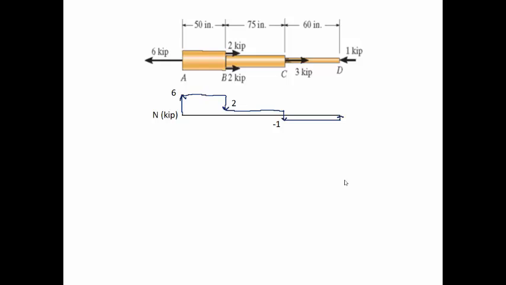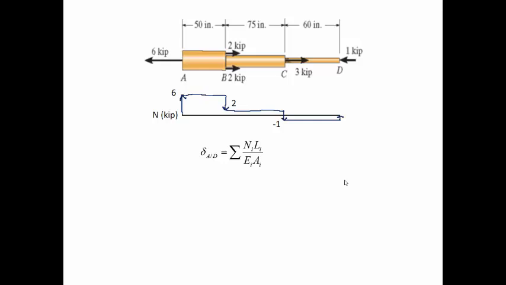So now with this diagram, we can see that the segment AB is under a tensile load of 6 kips. Segment BC is under a tensile load of 2 kips. And segment CD is under a compressive load of 1 kip. Once we know the distribution of the axial load, the displacement of one end with respect to the other end of the shaft would be just the addition or subtraction of the corresponding elongation or shortenings of each segment